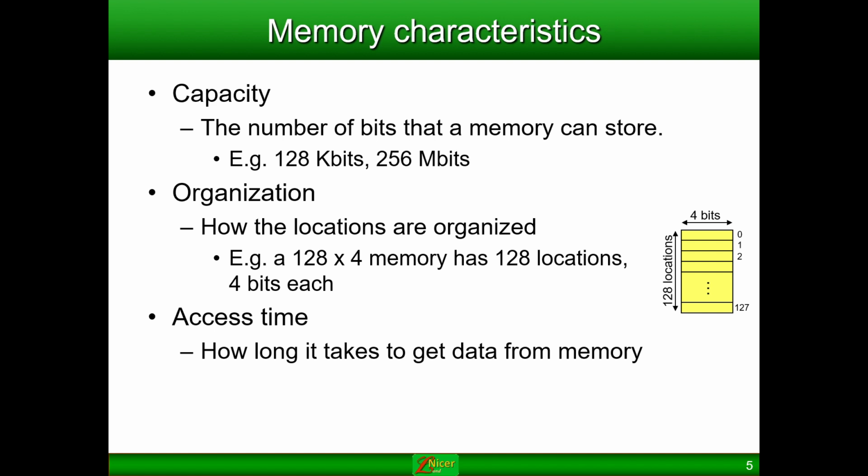GB, MB, KB, TB define the capacity. Organization is how the locations are organized. For example, 128 cross 4 has 128 locations of 4 bits each. Okay. Access time is how long it takes to get data from the memory. So if we call a function to access the data from the memory,